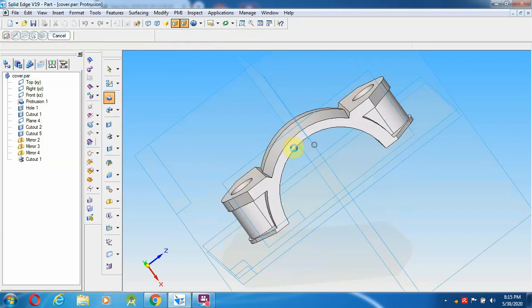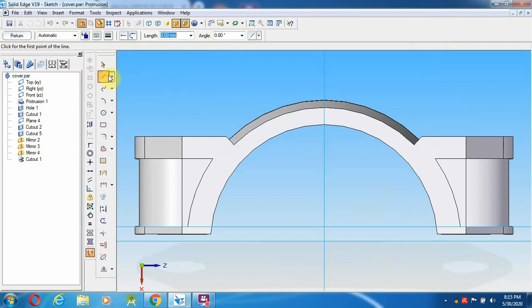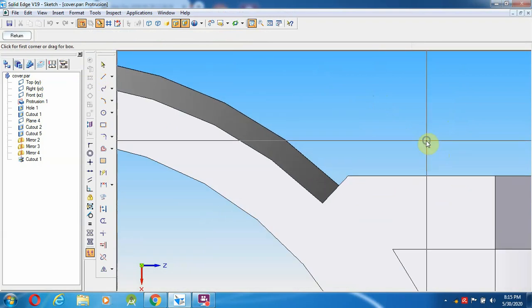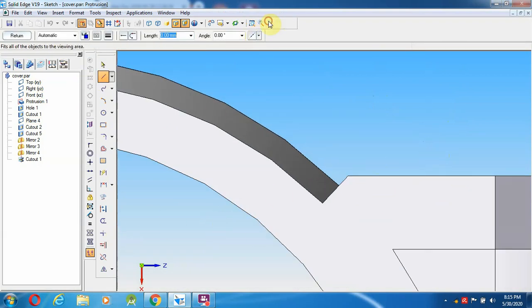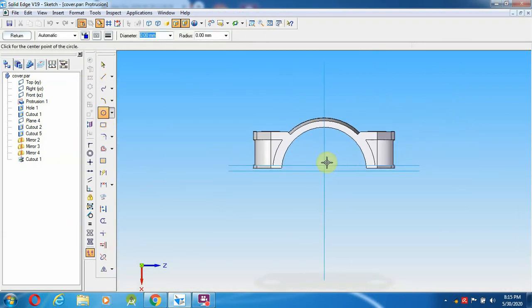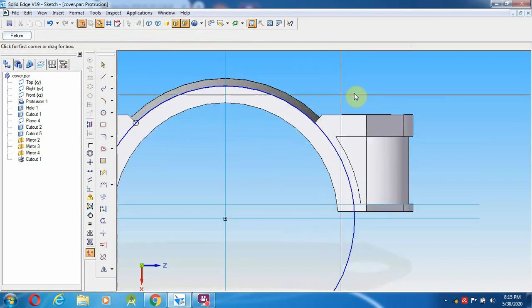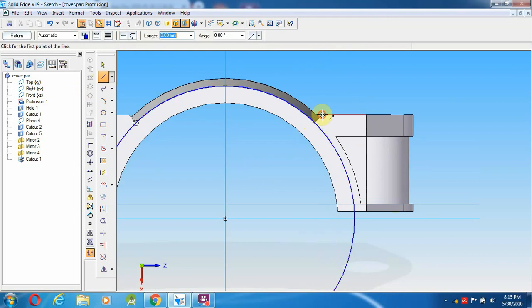It is the curved edge, we'll see. Next time, other time, this time we will try. Go for the fit option, select a circle from the middle up to this 55, then select a line from here to here, and again the straight line.